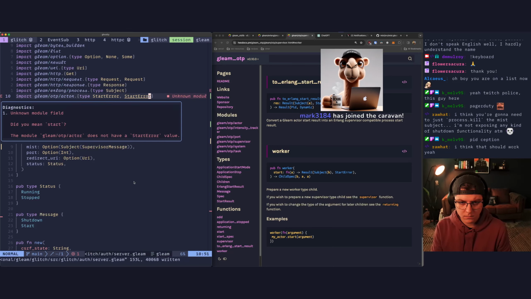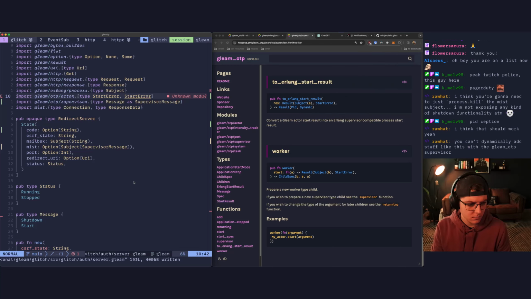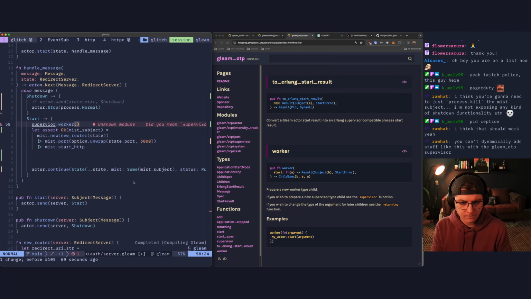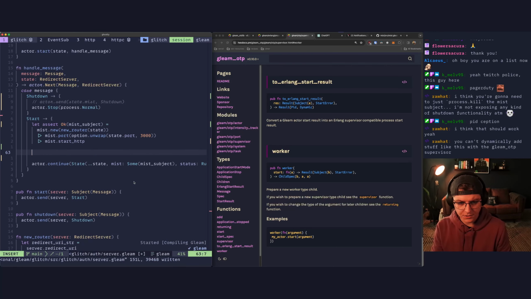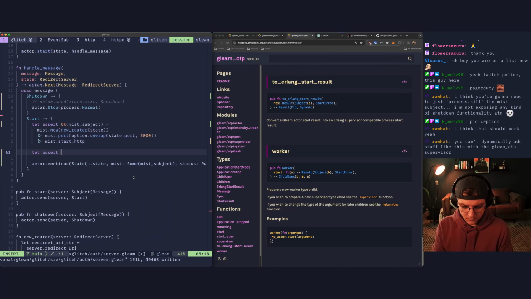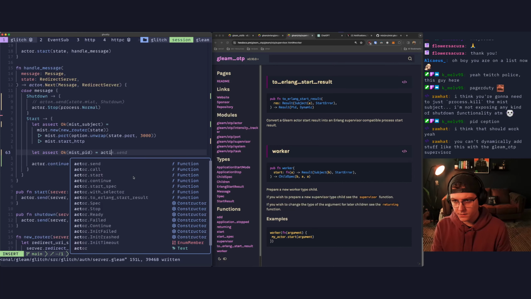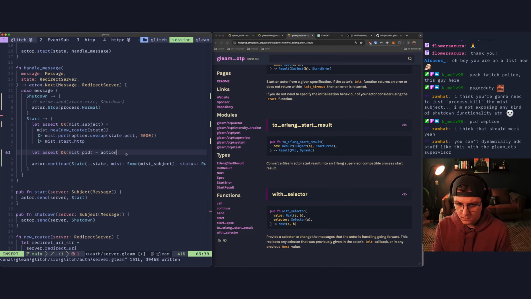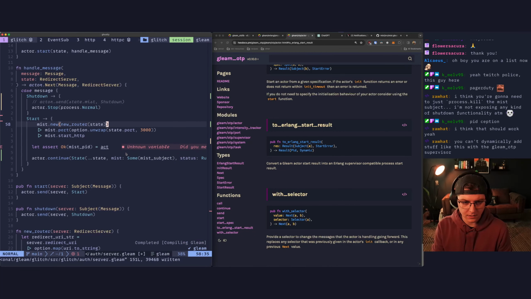Unknown. Oh, okay. So we should be able to say, though, I can get the PID. Let's say, let assert okay, and we'll get the PID. Mispid is going to be actor dot. In fact, we don't even need this to be. This will be